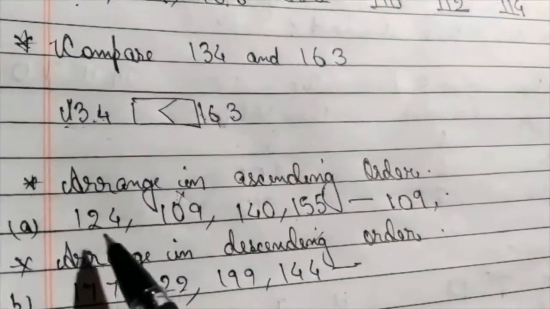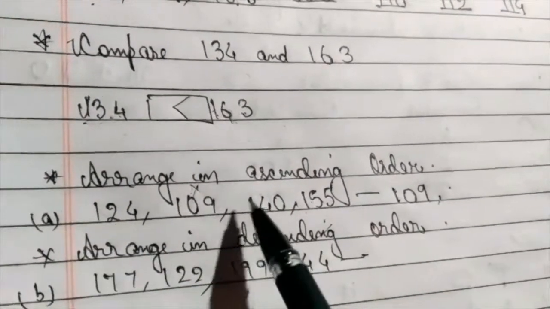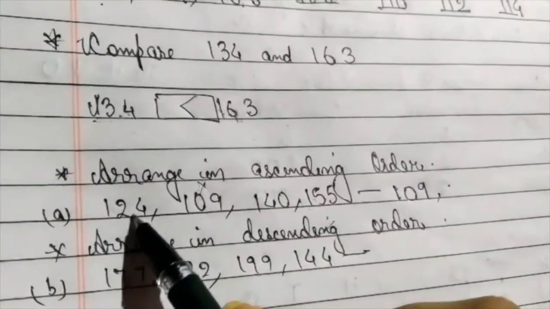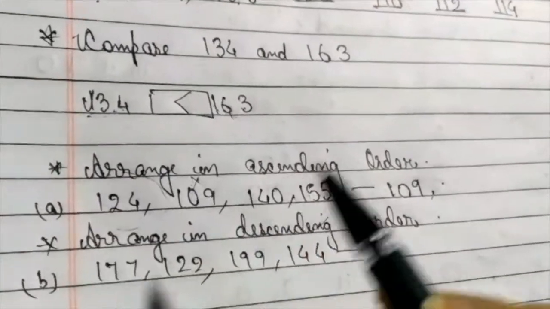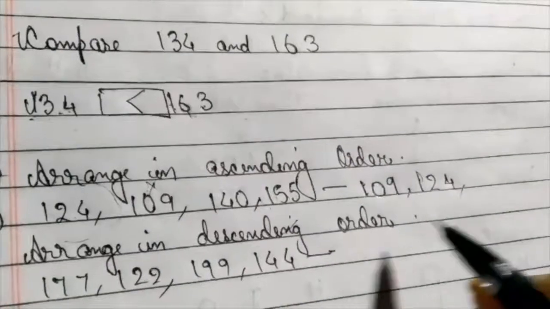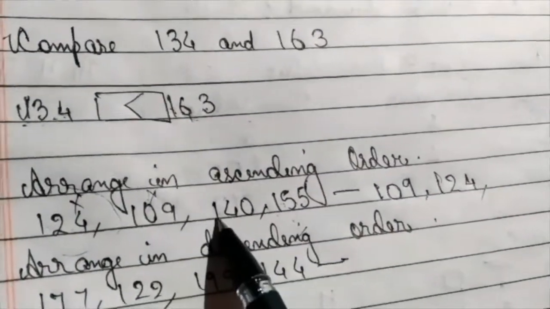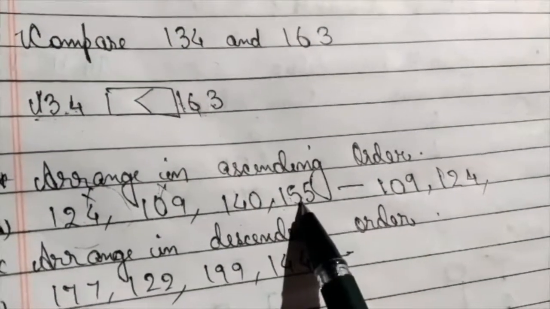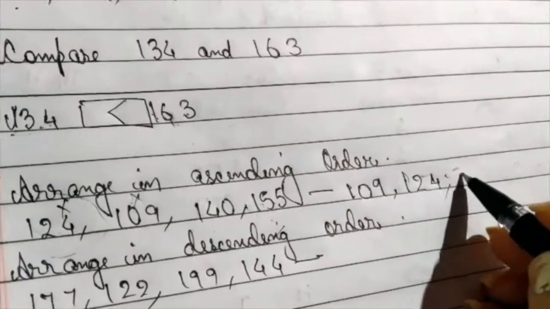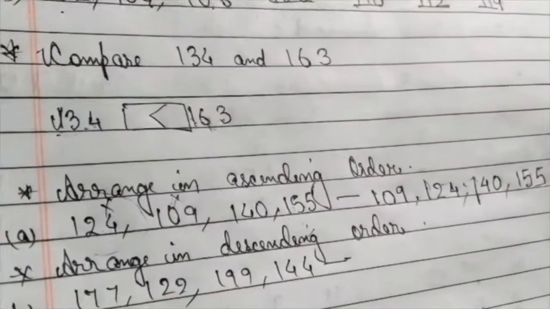Okay. Now this number is written, so we will cross it. Next we will see 124, 140 and 155. Again we will compare the 100 place. We have same. In the tens place we see 2, 4, 5. Which is smaller? 2 is smaller. So this number is the smaller number. So we write 124. It is written, so we will cross it. Now we will compare these two numbers. We see 1, 1 same. 4, 5. Which is smaller? 4 is small. So the next number becomes 140. And the last which is left is 155.